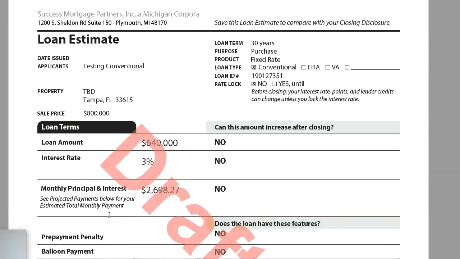And a lot of times people get these from lenders and they can be deceiving because they look at the bottom line number and that bottom line number can be manipulated. And I'm just going to go through and explain to you how that can potentially be done and what you should be looking at.